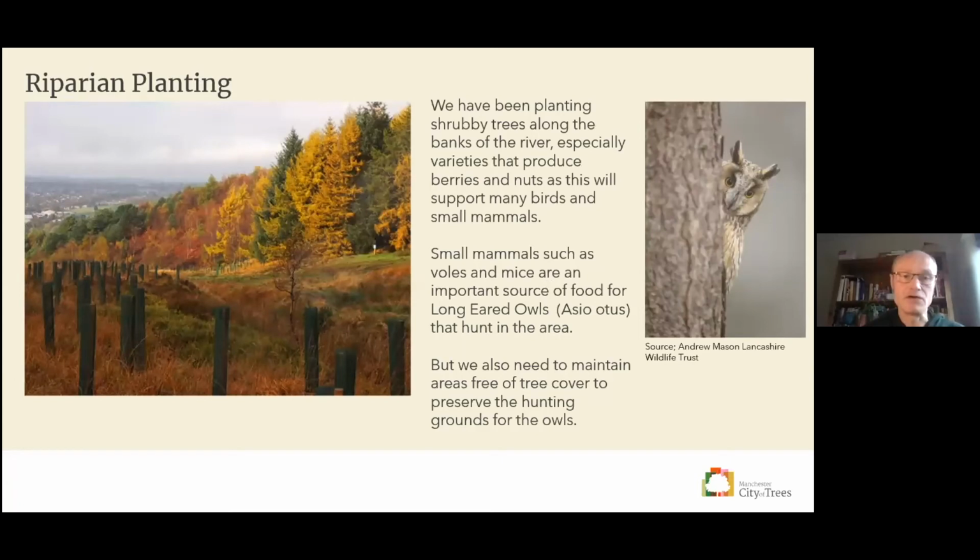We're also undertaking riparian planting, or planting adjacent to the watercourses. That's good for flood management, but in this instance it's also good for creating foraging space for insects and birds. We're planting shrubby species here, so smaller tree varieties, on purpose, because this area is known as a hunting ground for long-eared owls and they like open space. So we're very careful not to plant trees everywhere. It's really important that they have that open area retained. It's about sensitive woodland creation, making sure that we understand the importance of the ecology that already exists in that location.